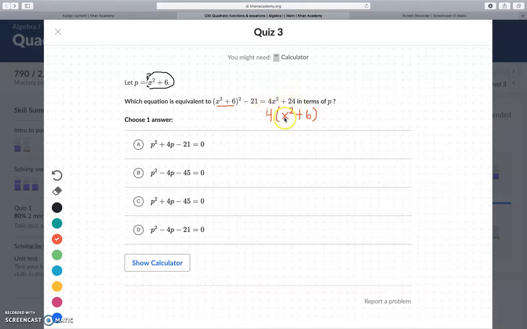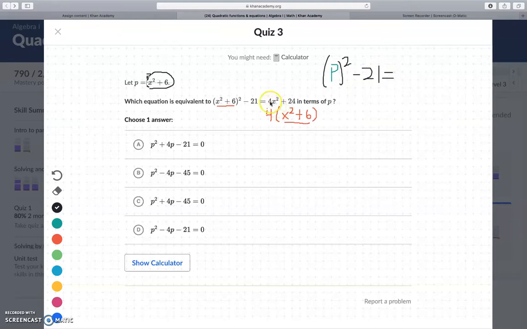Now we can see that there's another x squared plus 6 there, so I can replace both of those underlined x squared plus 6 with the letter p. I'm going to do it with a different color just so we keep track. So I have p. Instead of x squared plus 6, I write p because that's what it's equal to. P squared, that's p to the power of 2, and then I'm going to write this whole thing out. Minus 21